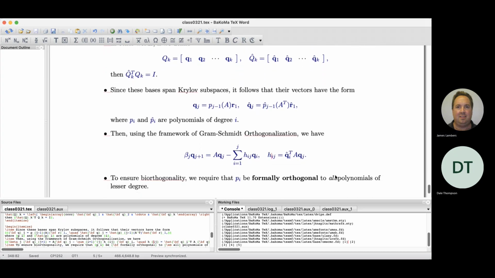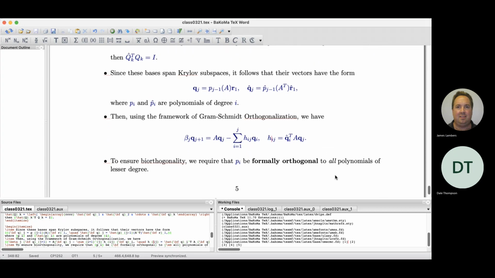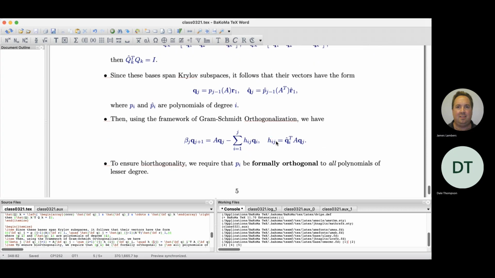So I want to choose Hij to make sure that I have bi-orthogonality of these two sets of vectors. And this choice of Hij does in fact ensure that, because if I multiply both sides of this equation by Q,